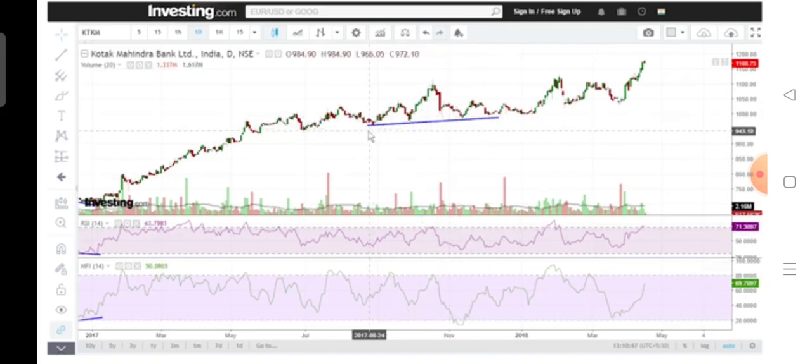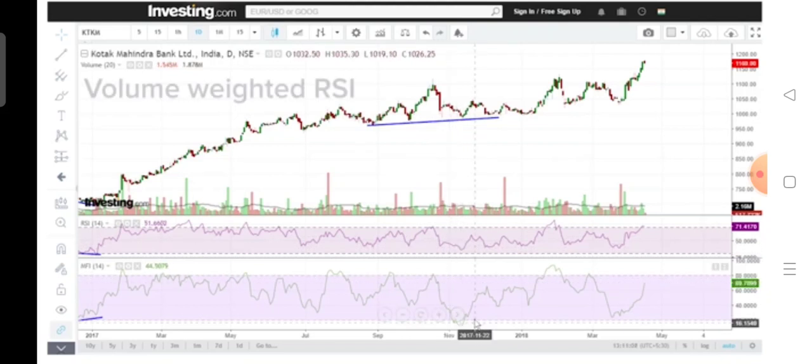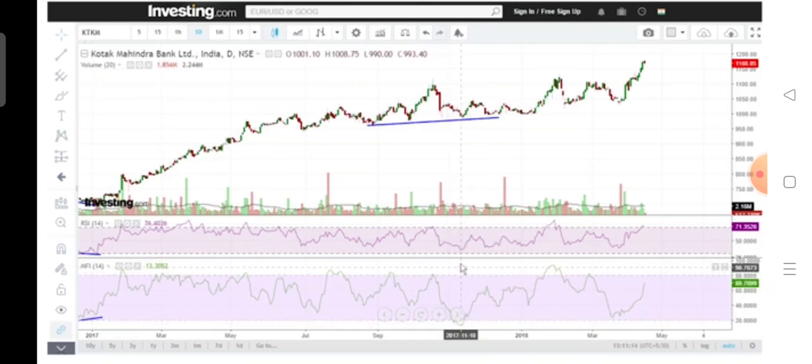Similarly, you can see that there was a good support line already in place, and around this point in time MA5 went from the oversold zone to the normal zone. So this was a very good buying opportunity with a very small stop loss, but this was not provided by the RSI. That is why it is important to look at the volume weighted RSI, that is the MA5, so that we get some better signals from this or that at different points in time.